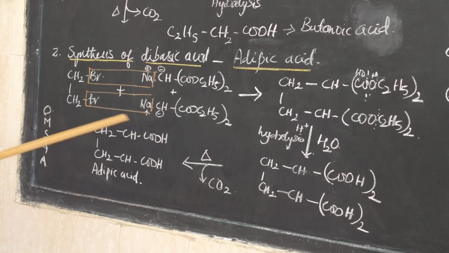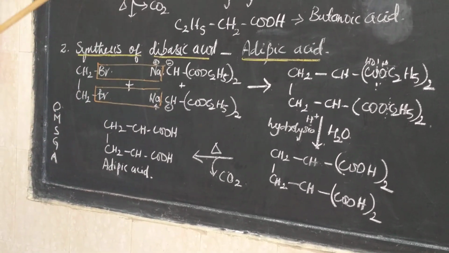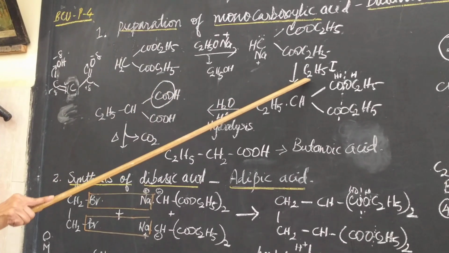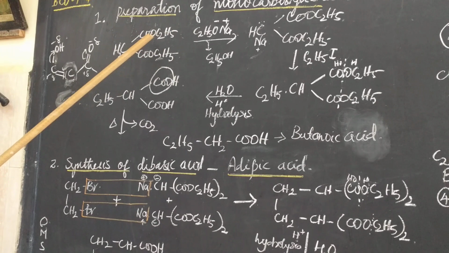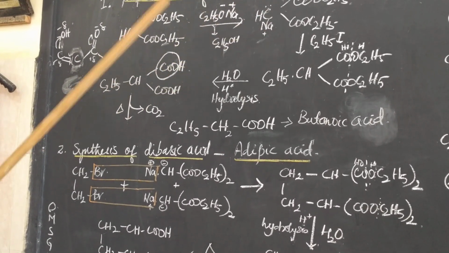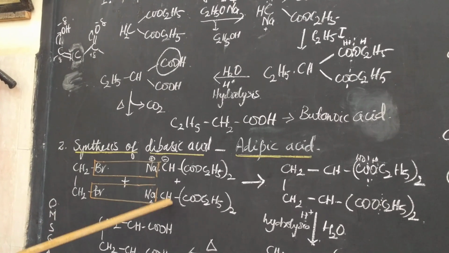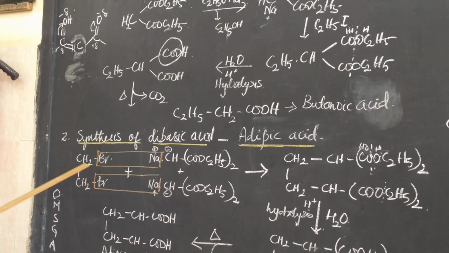So here you can see that I have directly taken the sodium salt. Therefore, you will have to incorporate this equation, which is common. How do I do this? I react with sodium ethoxide, I get the sodium salt. I take this sodium salt and interact with